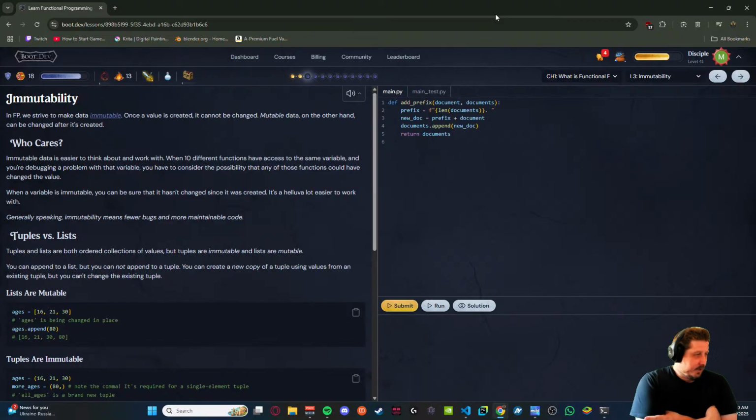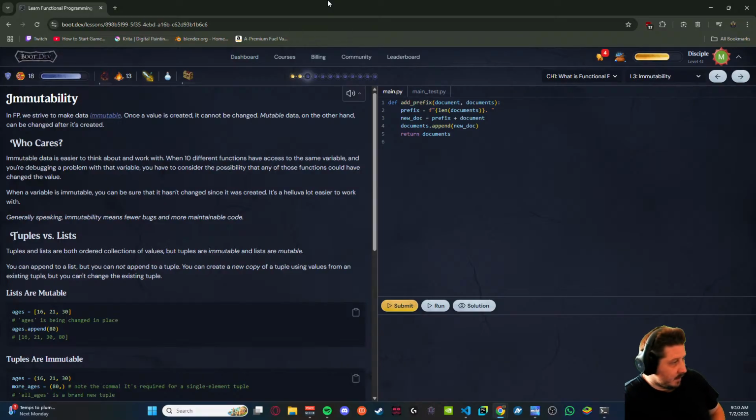In functional programming, I see that's what FP means, we strive to make data immutable. Once a value is created, it cannot be changed. Mutable data, on the other hand, can be changed after it is created. Who cares? Immutable data is easier to think about and work with. When 10 different functions have access to the same variable and you are debugging a problem with that variable, you have to consider the possibility that any of those functions could have changed the value.